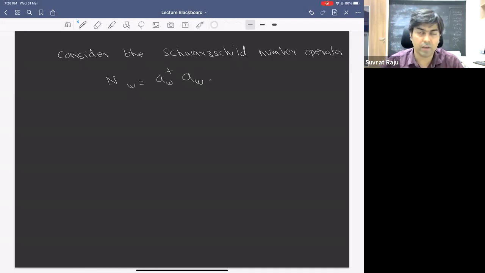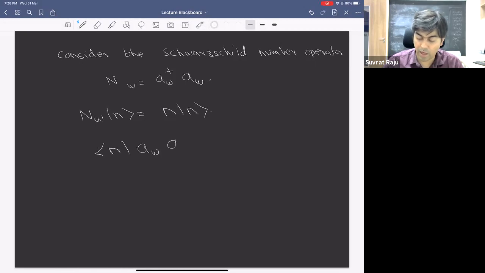If you're thinking in Rindler and Minkowski terms, this is just like some Rindler number operator. And let's define some eigenstates which have the property, so when I write n, I mean these are eigenstates of the Schwarzschild number operator. Now notice that in such an eigenstate, the correlators of A omega and A omega tilde are quite different. And in particular, notice that A omega tilde